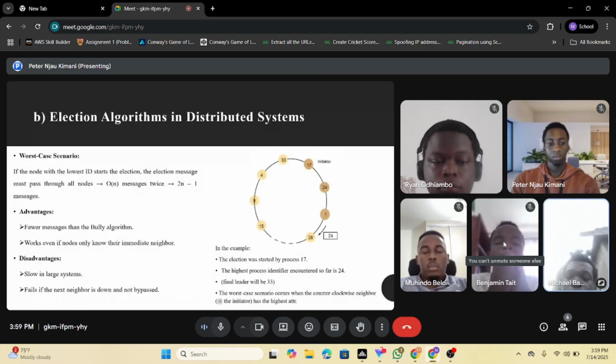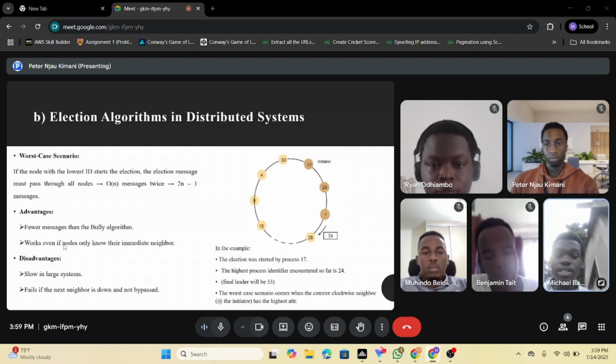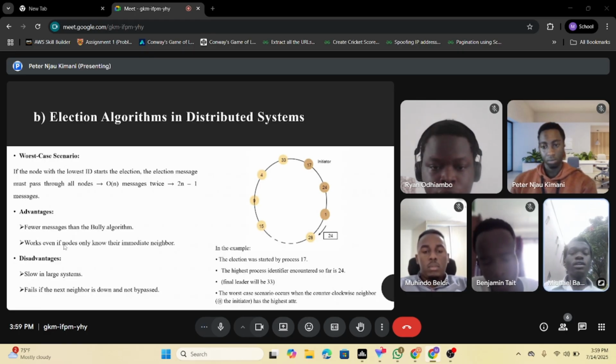Disadvantages, it is very slow in large systems, yeah. So you can see the worst case scenario there. Then you can see it fails if the next neighbor is down and not bypassed. So for example, here you can see the election has been started by process 17. The highest process identifier encountered so far is 24. Now, the final leader, of course, will be 33 because it's the highest. Then the worst case scenario occurs when the counterclockwise neighbor has the highest attribute. Yeah. So just as you have seen, the counterclockwise neighbor has the highest attribute because it must go through